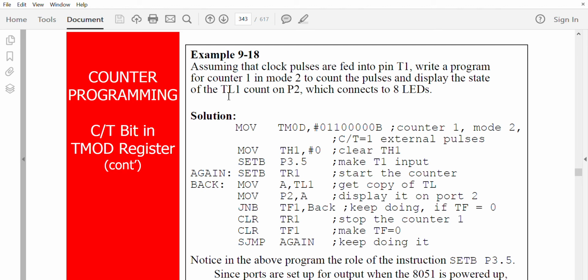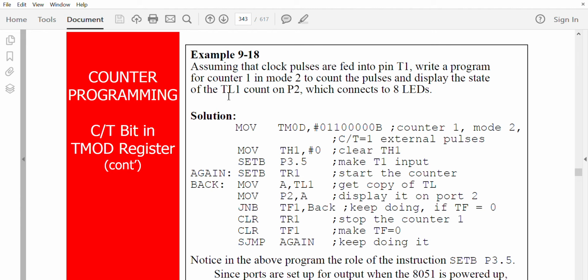Mode 2 means the TL value will be incremented, because in mode 2 the TH value will be loaded, but then that will be auto copied into TL1, and that only will be incremented. TL1 will be incremented after each clock pulse.